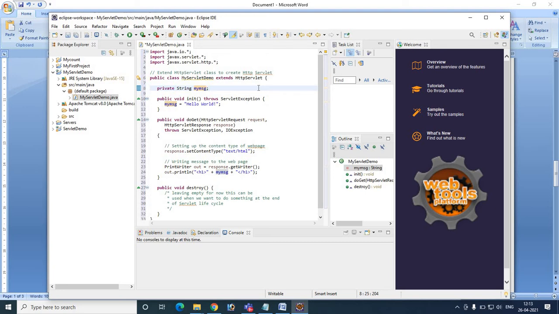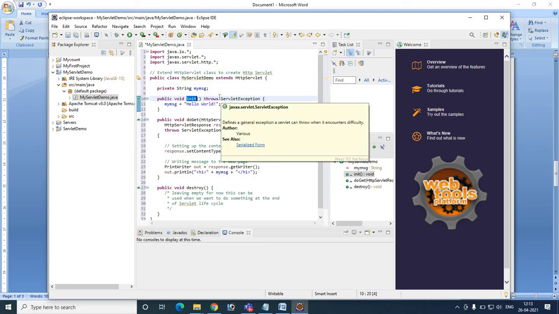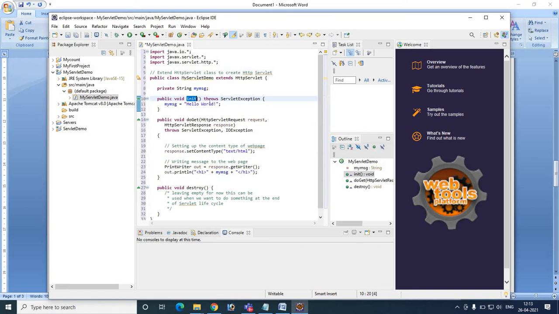In the life cycle of the servlet, we have discussed the various life stages of the servlet. One of the life stages is init(). In the initialization process, there is public void init(). The init() will throw the ServletException. The possibility for an exception here is ServletException. So we are going to throw the ServletException. And in that message, we are giving the simple message, that is Hello World.